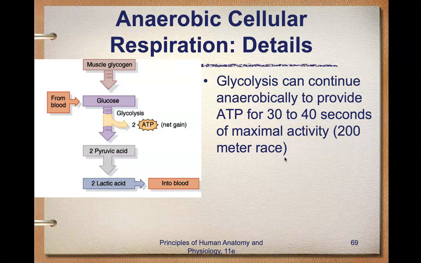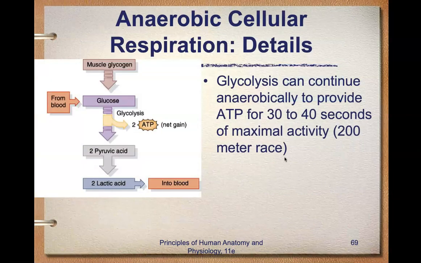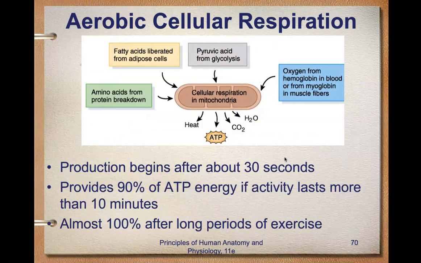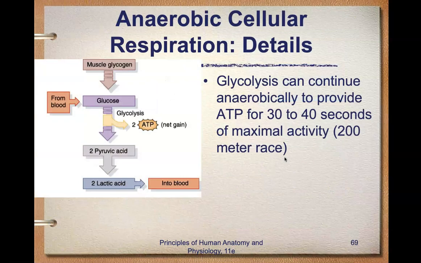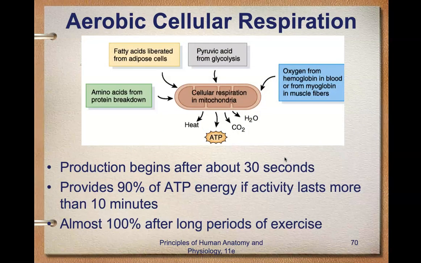But for those of you that were lucky enough to run the 400 like me, somewhere after that 200-meter point, you do something called hit the wall, okay? And that's because you're going to need to slowly transition over to aerobic cellular respiration, because you're just not getting enough ATP from the creatine and then the anaerobic cellular respiration. And it literally feels like you're hitting a wall as all of a sudden your body's like, whoa,